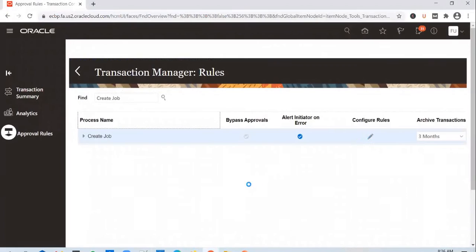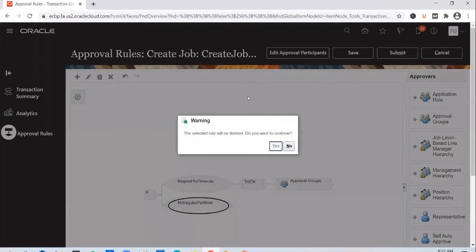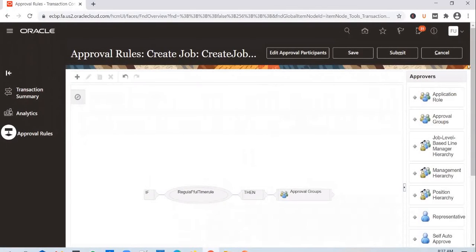So before we come to this, let's get into the configure rules section. The moment you enable approvals, you need to write the rules which will control who will be the approvers for a specific transaction. Okay, so you can delete these rules. So when you come into this particular screen, don't think that Oracle would have given some configuration here and I will just have to make some changes if required. When you come into this screen for the first time, you will not see anything. In fact, you will just see a blank if condition. You will not see anything. Okay, so that's something that you need to be aware of.